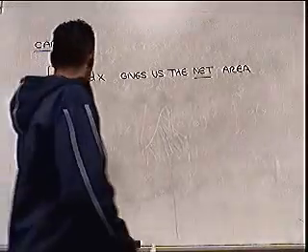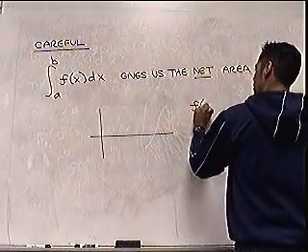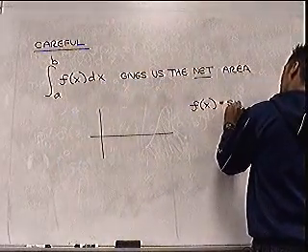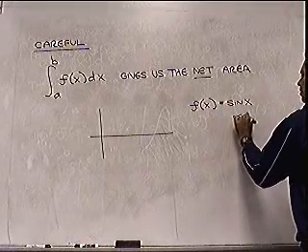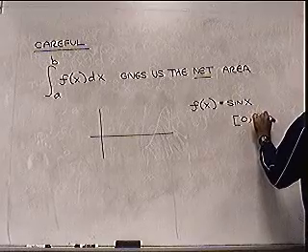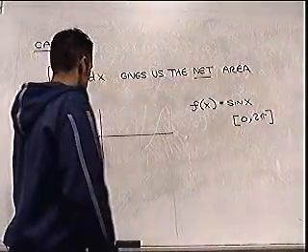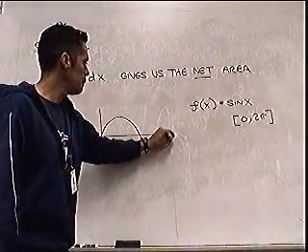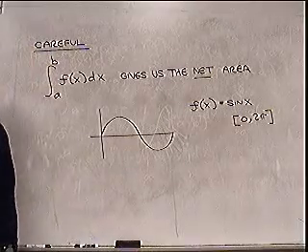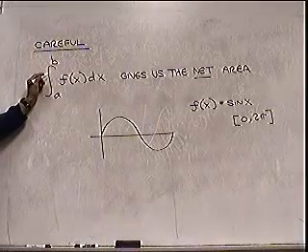So if I take an example like, let's take f of x to be equal to sine of x. And let's look at it on the interval 0 to pi. Then if I draw that, we all know what a sine function looks like. 2 pi is one period, right? This computation will result in 0